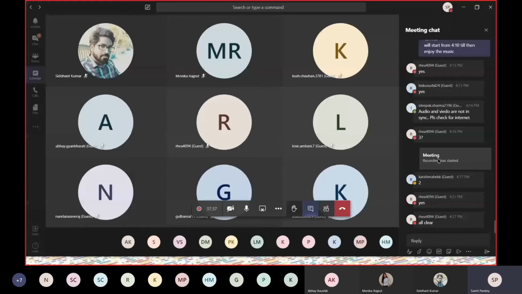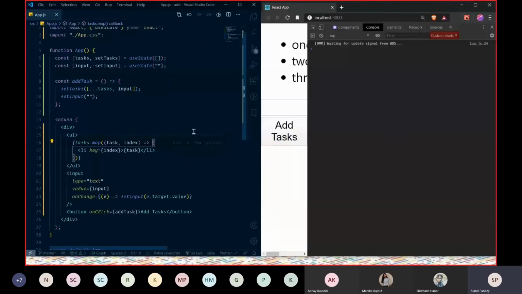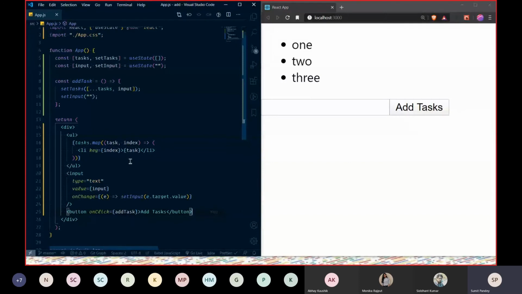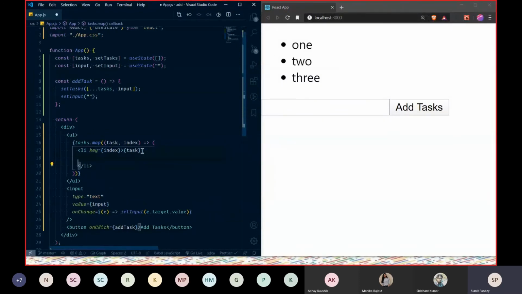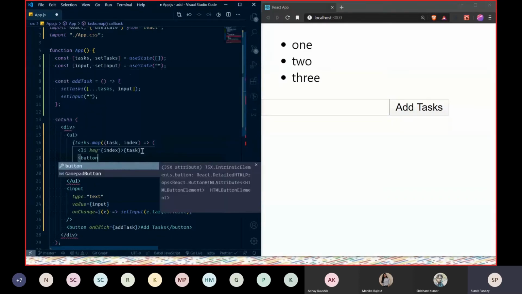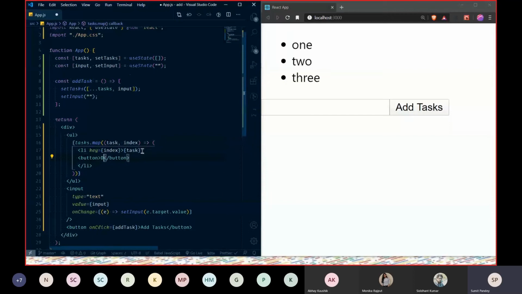cool. So now the other thing we have to do is provide a functionality to delete whatever task you are done with. So we're gonna make another function called delete tasks. Before that, I'm gonna align a button right next to this li element. This button is gonna say delete task, or you can also say it like this. It means you are done with this task and you want to delete it from your to-do list